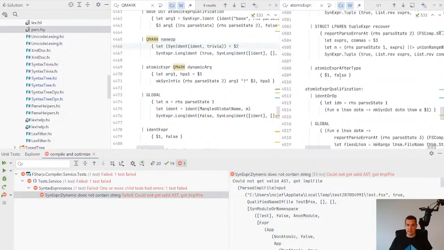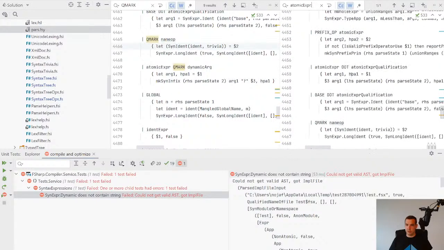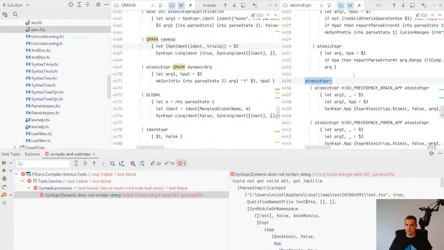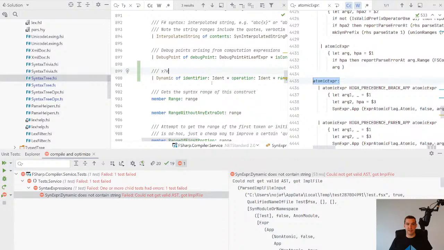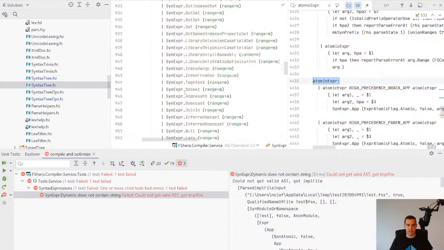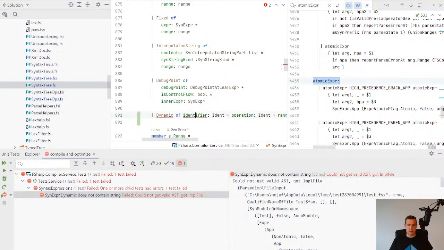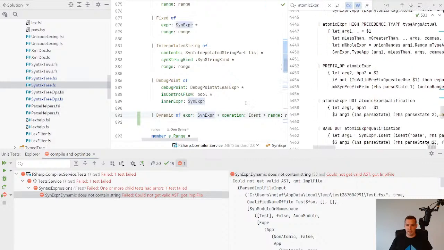It could be multiple expressions, so from that point of view, as I mentioned, we should probably revisit our identifier here and just consider that this is a syntax expression, which is fine. Let's just update both of them. Let's take it as an expression, as it can be an atomic expression. And then going back over here,